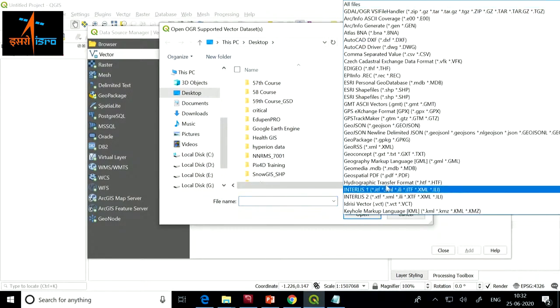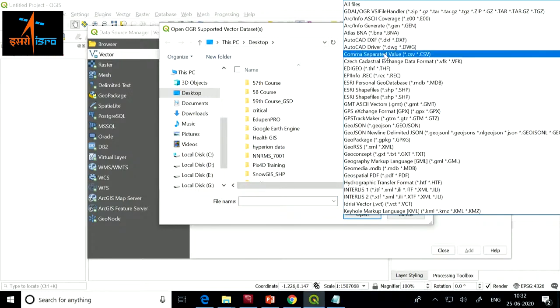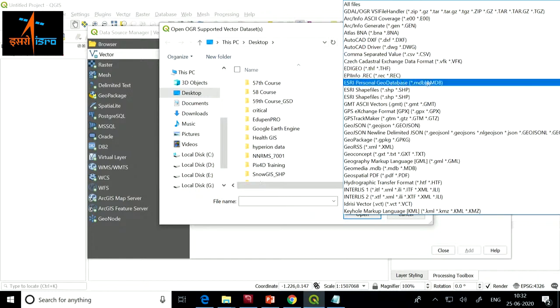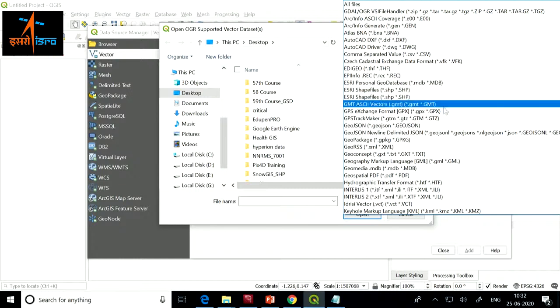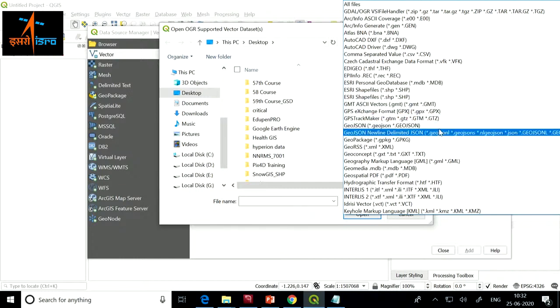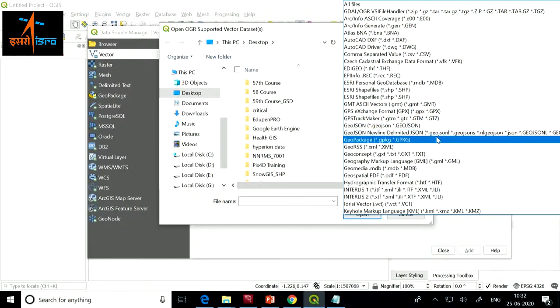If you click on the option which says all files, you can see that there are so many options. You can add your AutoCAD files, CSV files, shape files, even your personal geodatabases, MDB, your GPX files, which come from your GPS device, GeoJSON, a popular web-based format these days.